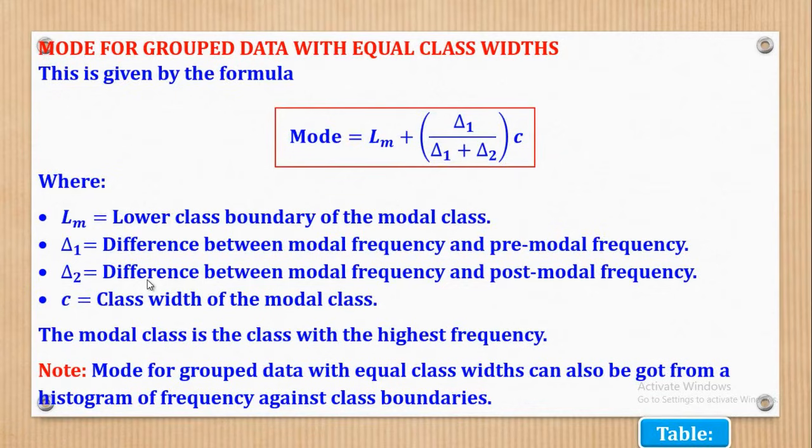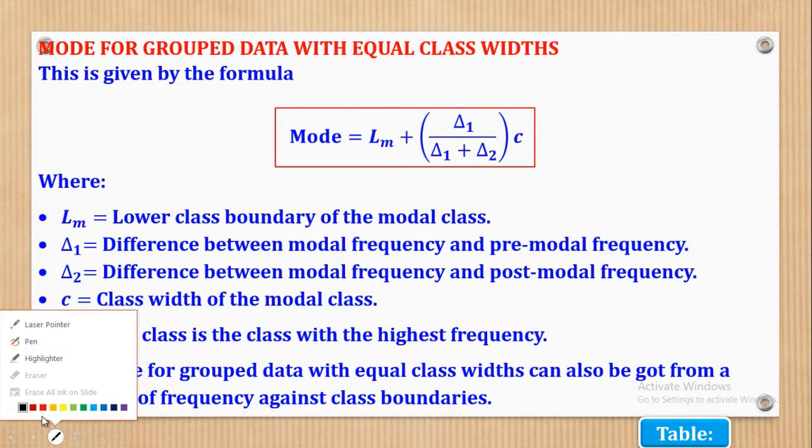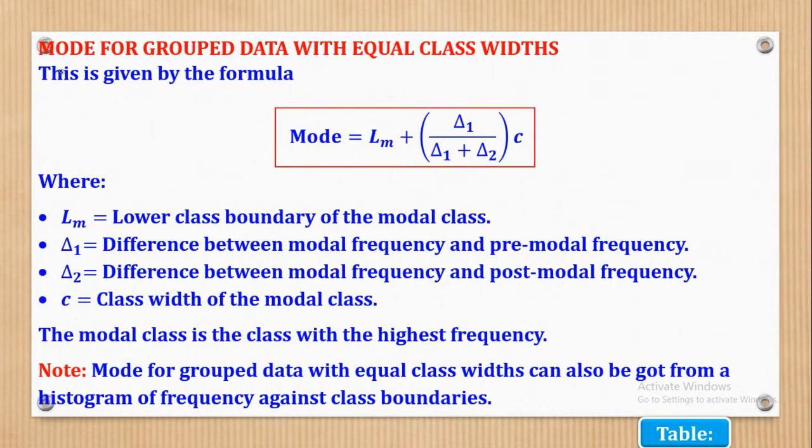Now we shall go to what we call mode for group data with equal class width. Remember, we said in A level the class widths can either be equal or unequal. So in this case, we are dealing with equal class widths. So the formula is this, and it's also available in your mathematical logbooks. If you look at this,